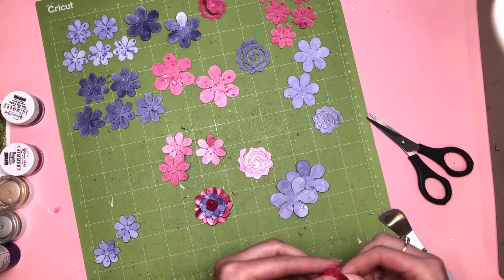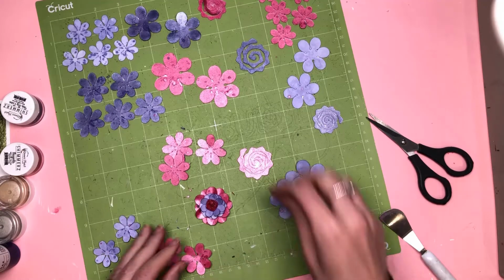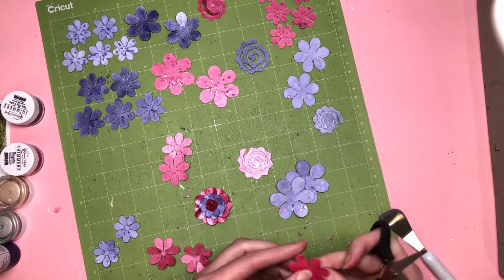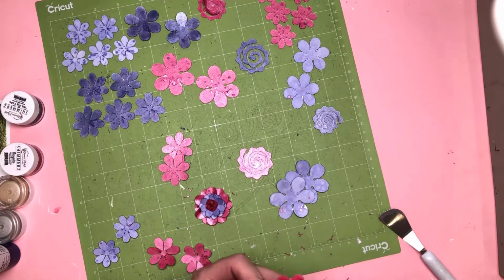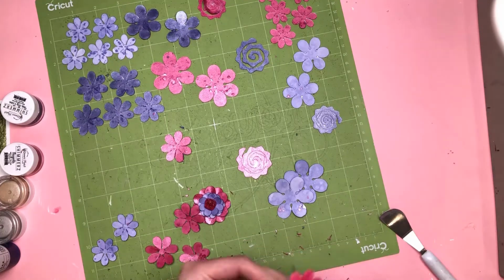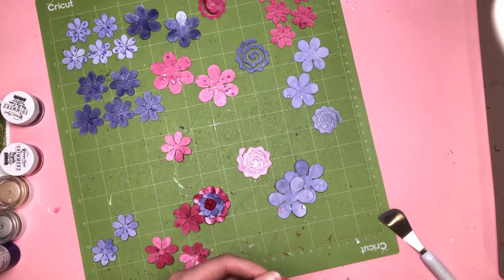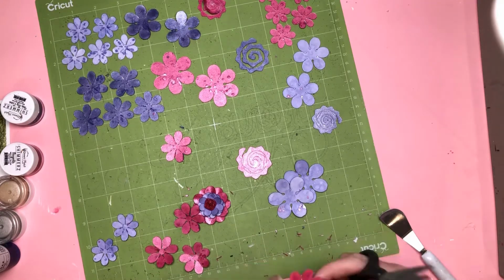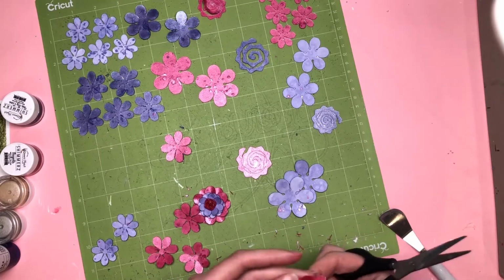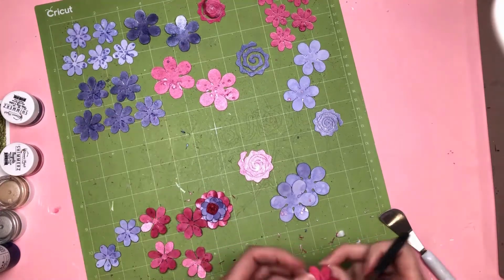So okay, you can see what I'm doing here, I'm just making sure that all my petals are free from each other. Where the cut file cuts, some of them don't cut all the way to the middle, so I'm just snipping that with some scissors so that my petals are free. For the bottom two layers of petals, I'm going to pinch up each petal individually, whereas the